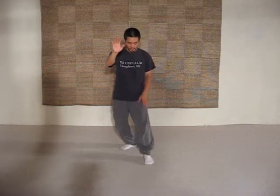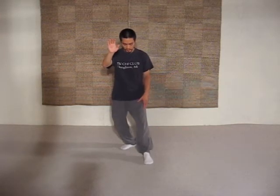You start with high petal horse. This palm is in front of your shoulder, elbow is dropped, this hand is at your hip, and your front leg is not completely straight, it's bent, and you're on your back leg. And from here, you pick up the front leg, and